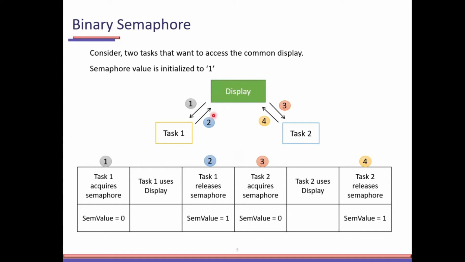Here we are synchronizing two tasks. First task 1 will run, and when task 1 is using the display, task 2 will go into the ready queue. It will wait for the availability of the semaphore and then complete. Both of them start execution in parallel, however, the actual execution will happen sequentially.